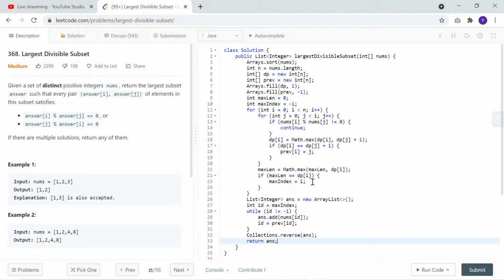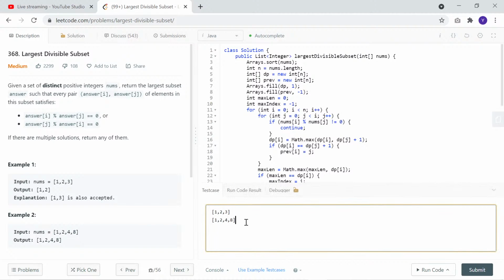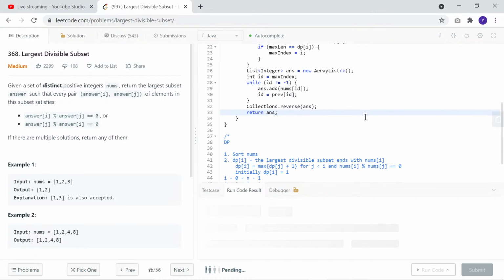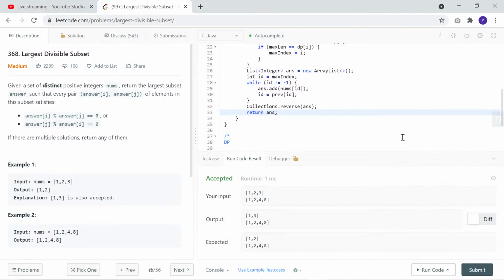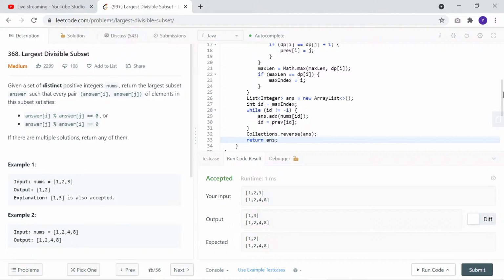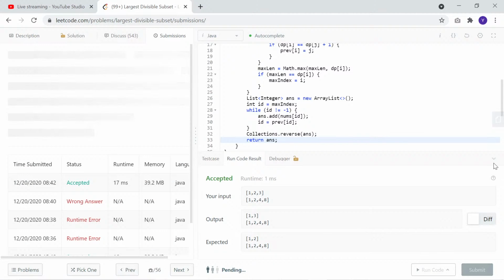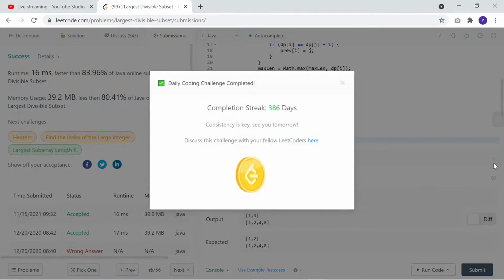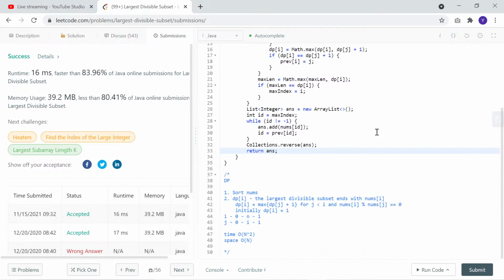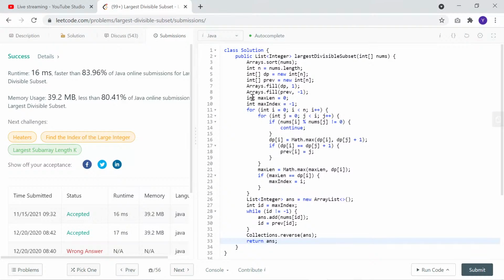So let's check if this code has anything wrong, using the OJ. Okay, yeah, so it looks correct for these two test cases. Okay, cool. Yeah, so for this question we use dynamic programming, using a 1D